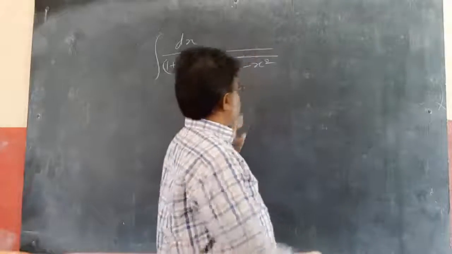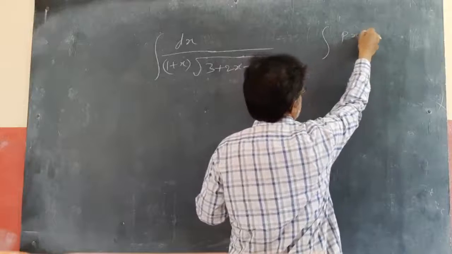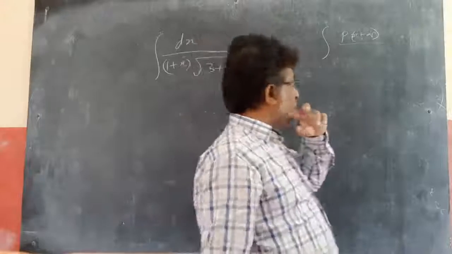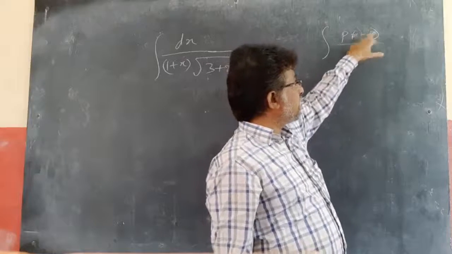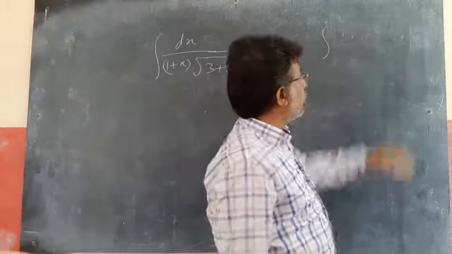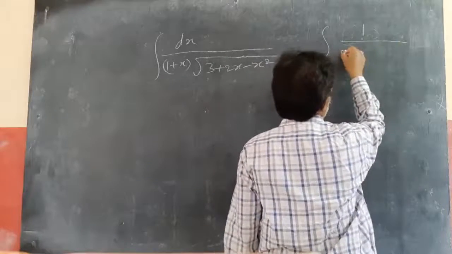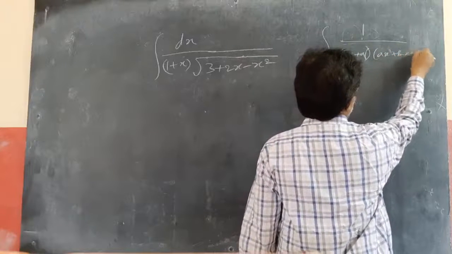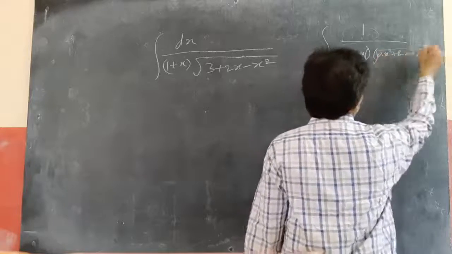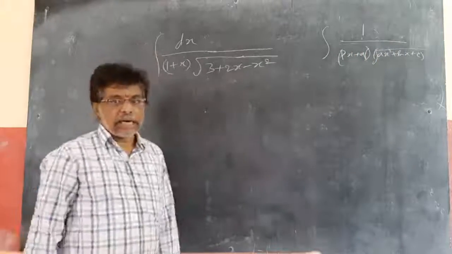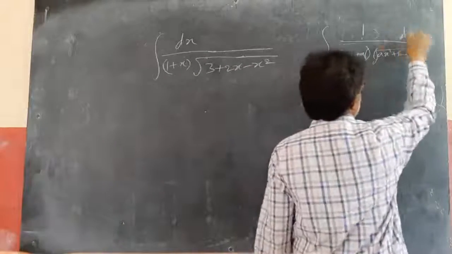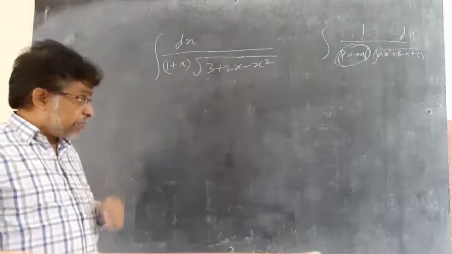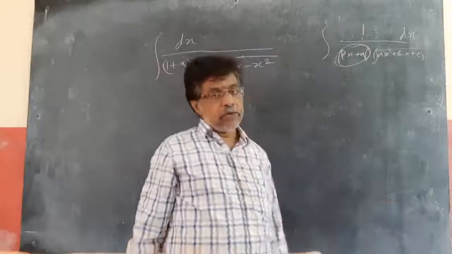If you observe, in the third method, in the first and second methods px plus q linear is only in the numerator, but here both linear and quadratic are in the denominator: (px plus q) into root of (ax square plus bx plus c). Whether the root is there or not, both are in the denominator. Then you should take linear equal to 1 by t. Here linear is px plus q equal to 1 by t.